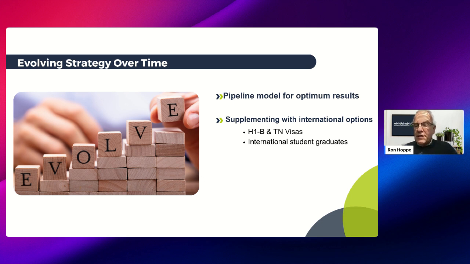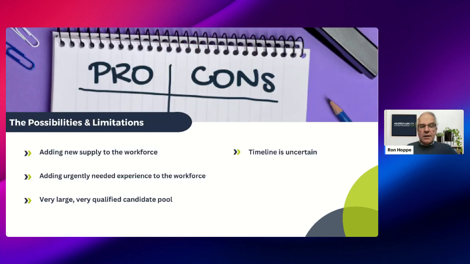All of these exist in relatively small numbers, though. So when I say supplementing an overall strategy, the core of an international recruitment strategy, particularly for nurses, is always going to be to use that permanent residency green card visa option. So in conclusion, if we can get to the next slide,